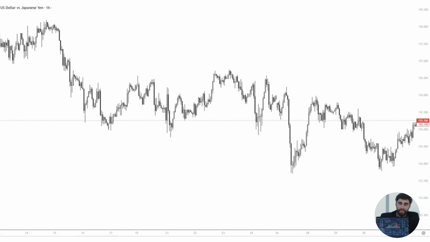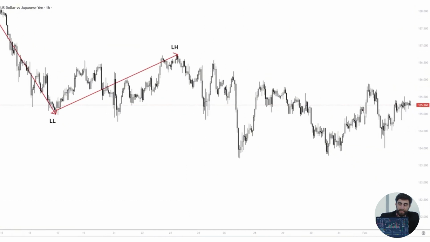Now on the US dollar against the Japanese yen, another forex pair, I found this to be working the best on forex since it's the most liquid market. So analyzing the macro market structure, we notice a high time frame downtrend with a downwards push that forms a swing lower low, followed by an internal upside pullback. This pullback ends lower than the last high, meaning that we've got a lower high formation, followed by an internal